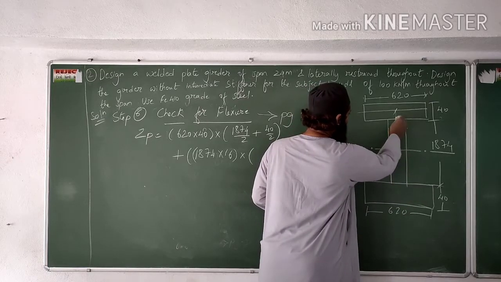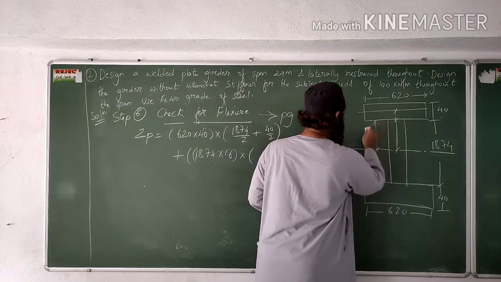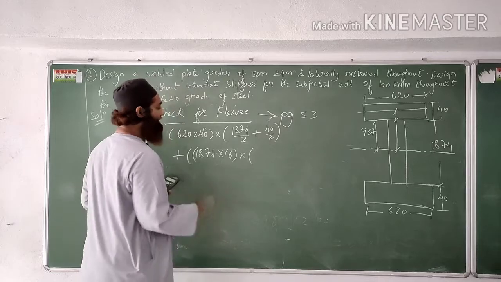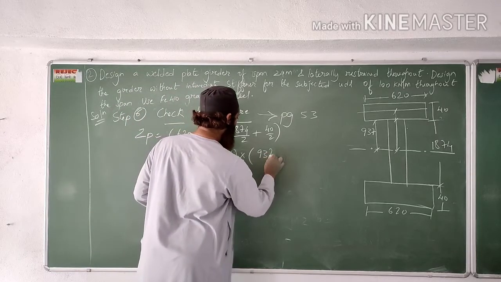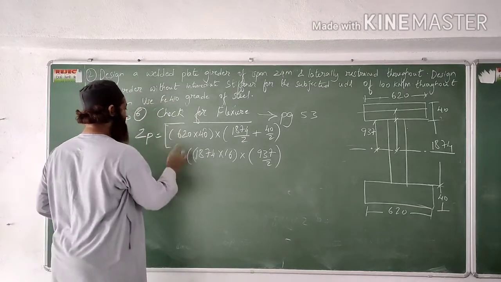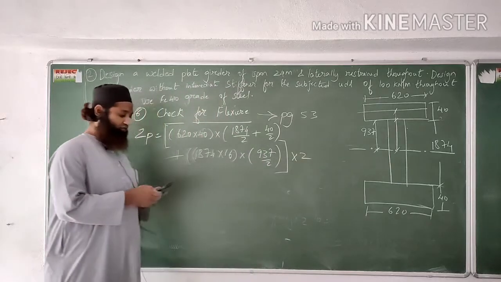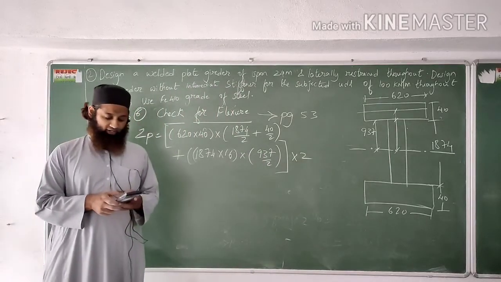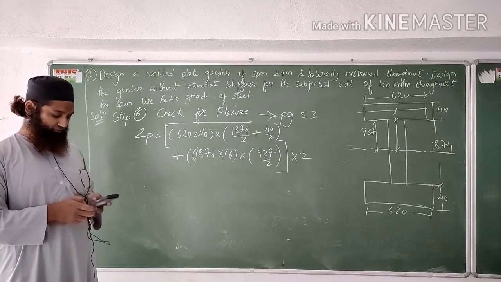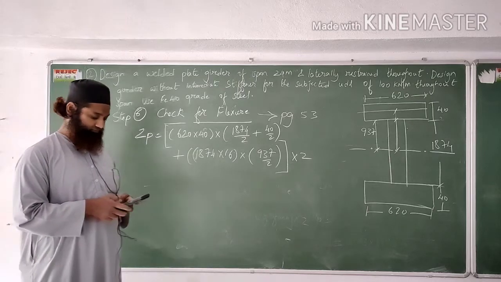We want the CG of 937, which will be 937 by 2. We'll have to multiply the whole of this by 2. Please calculate it: 620 into 40 into 937 into 20, plus